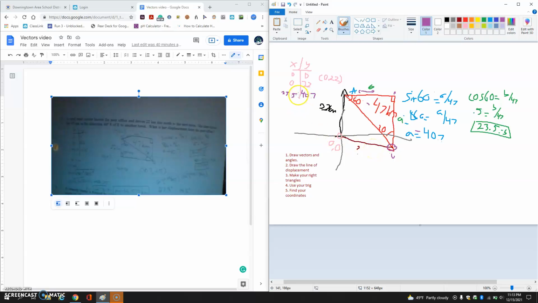So this is negative, and you have to subtract these two. So here, it's just 23.5. There's nothing else there, right? So the final coordinates are 23.5,